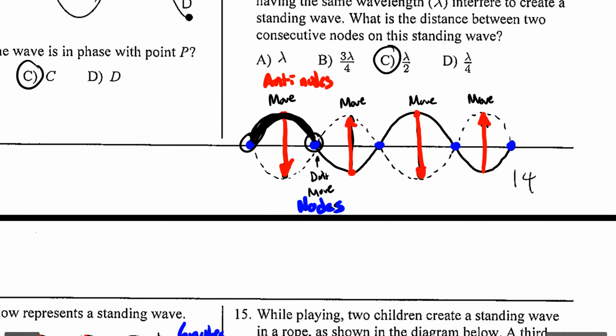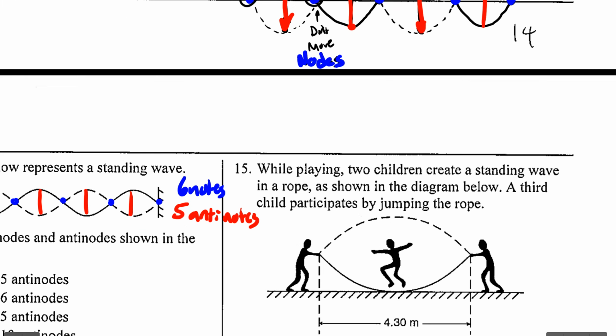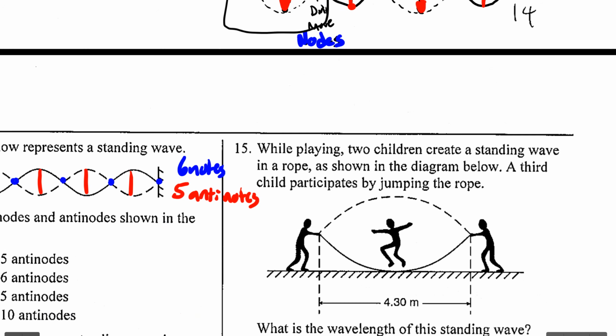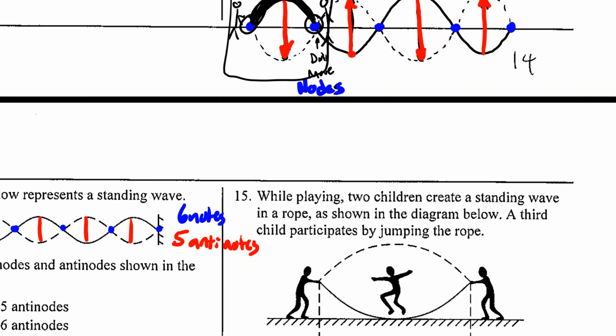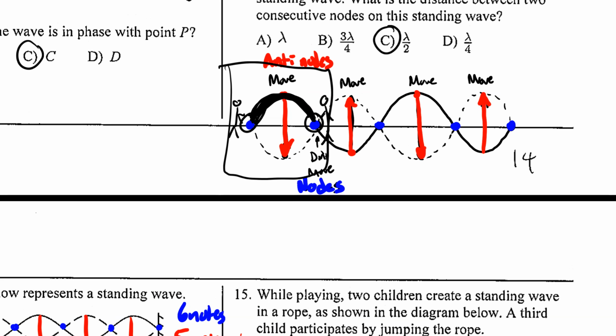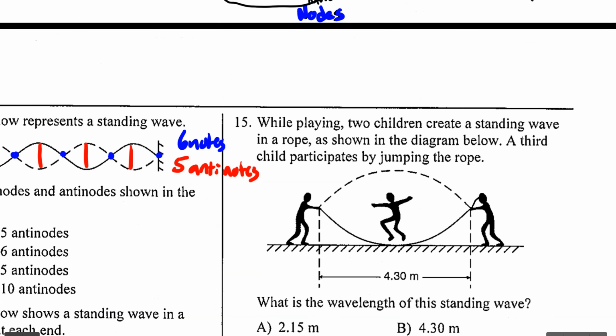Jump back to the number 12. Okay, take a look at the diagram that we did. I'm looking at this right here. So here's the person. Here's the other person, and they're actually holding the jump rope like this. See that similarity there? So how much of a wavelength did we say this distance was? We said it was a half of a wavelength. All right, you only have a crest or a trough there. The rest of the wavelength looks like that.